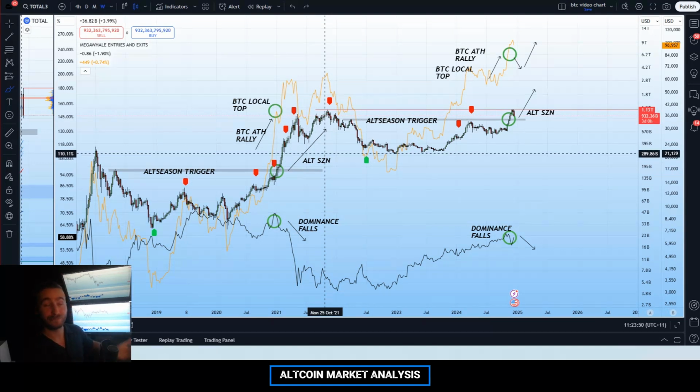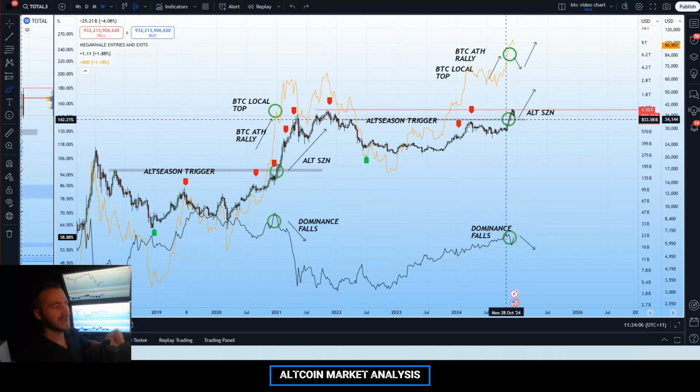We are currently week 5 into the altcoin season, and we saw a fantastic beginning to altcoin season. There's no doubt about that. We saw some coins do 1,000%. We saw some coins do 500%. We saw some coins do 200%. Pretty much every single coin at least doubled if you entered upon the breakout of 840 billion on the total 3. But we have now seen a pretty major correction for the broader markets, and that is a consequence of the market moving risk off as a consequence of Jerome Powell's statements,